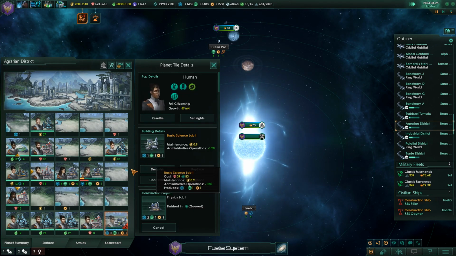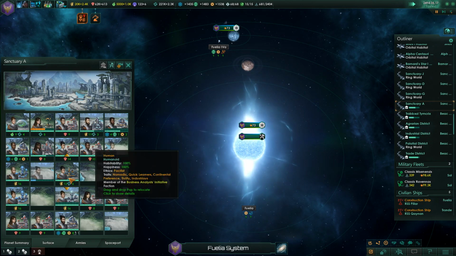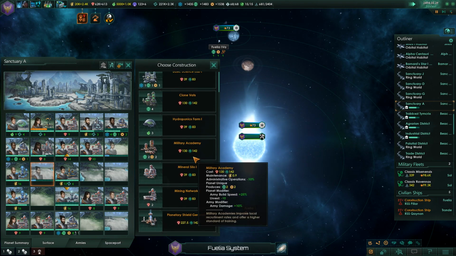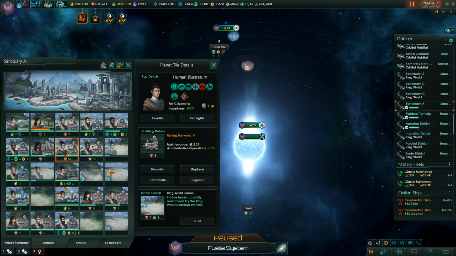So yeah, still physics. Physics is our weak category, research-wise. Sanctuary A, done. And what do we have here? Complete. What do we have here? Holy crap. Construction complete. Hang on. This is a mining network and it needs to be...